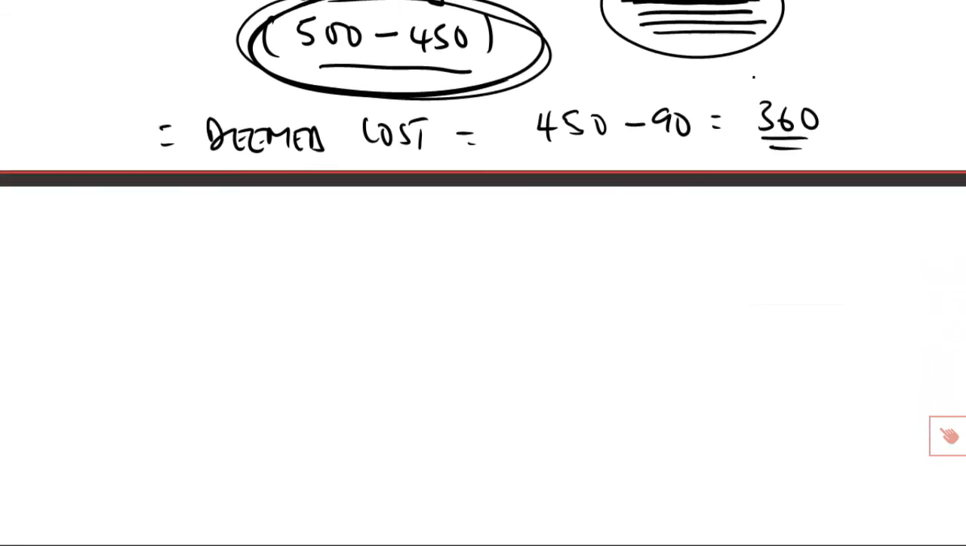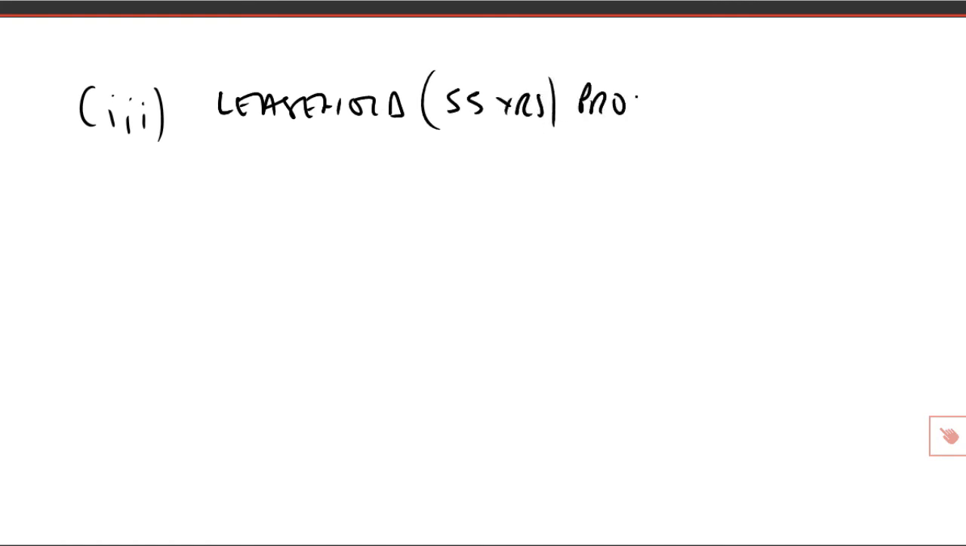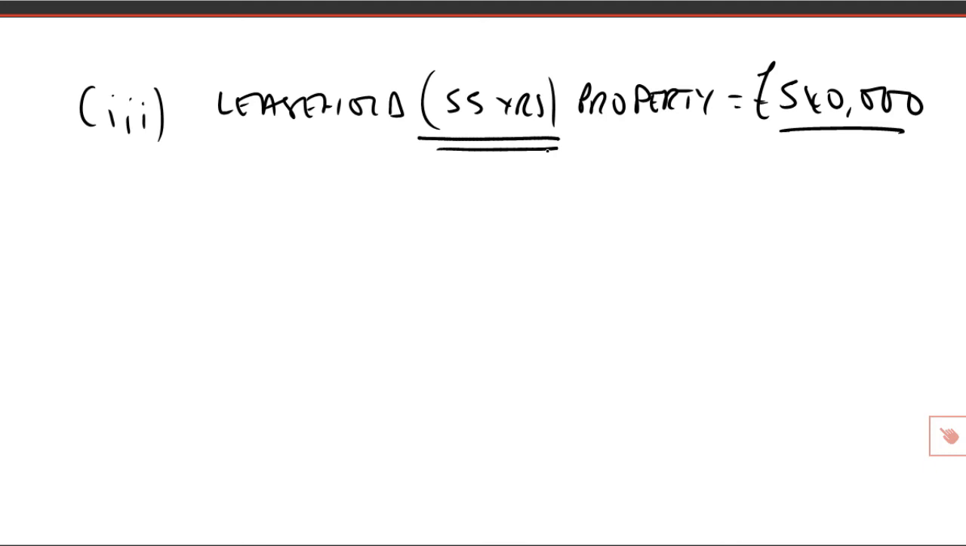Okay. The third option was a very different one, and that was a leasehold property, that leasehold being 55 years, and the leasehold property cost £540,000. Right, things to identify on a first read through. It's a 55-year leasehold property. That therefore equals a depreciating asset,